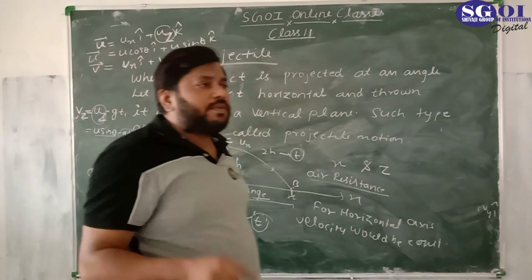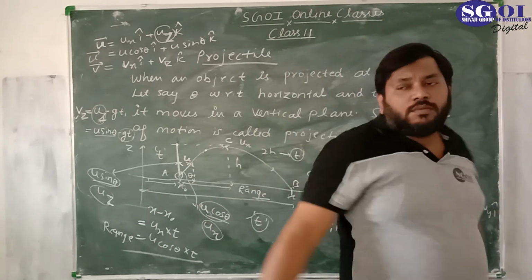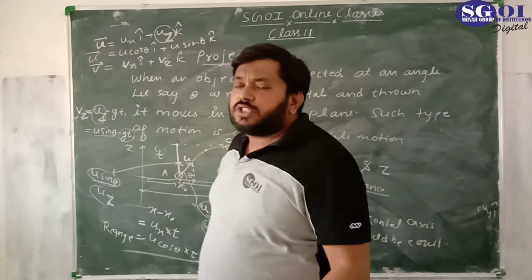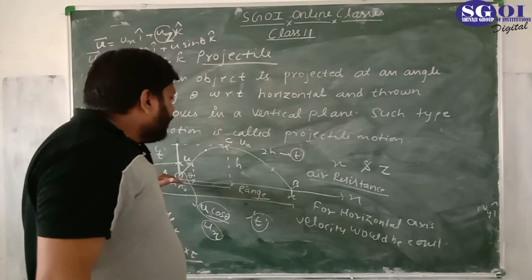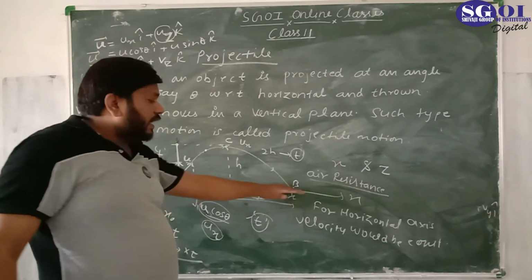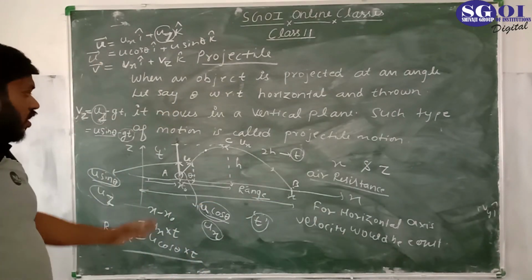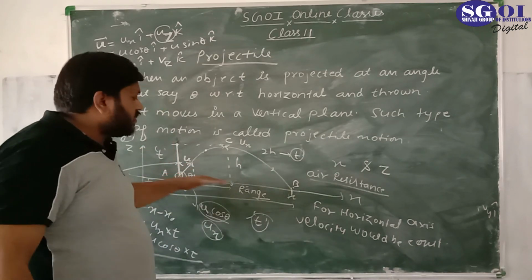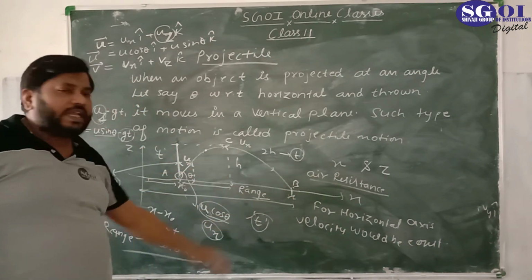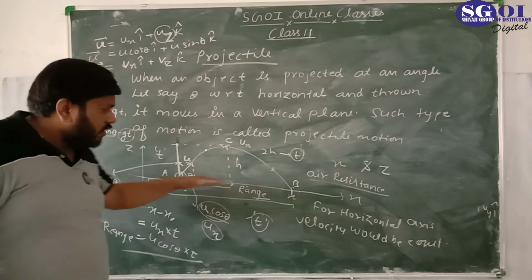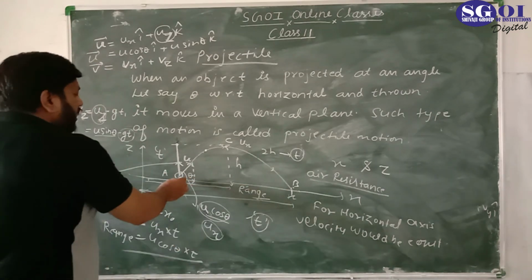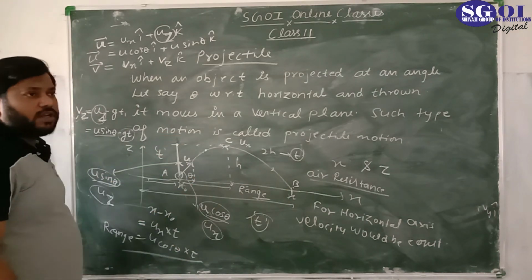It would remain the same, because in this direction we would not take any acceleration. You have seen in one-dimensional motion, when we talked about motion along a horizontal axis, there is no gravitational effect. So for this particular axis there is no gravitational effect; we would not take any g value for this motion. We would consider the effect of g only for the vertical motion.